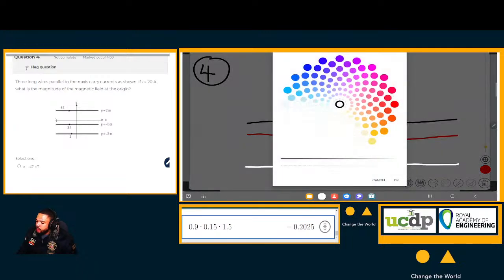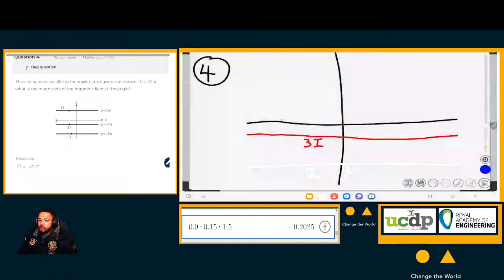And finally, a distance of 2 meters from the origin, a conductor carries a